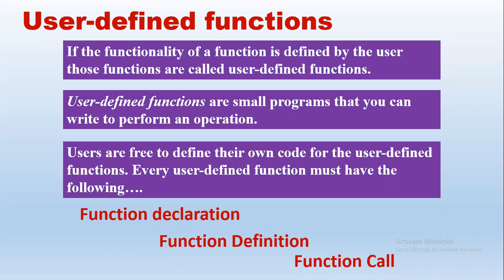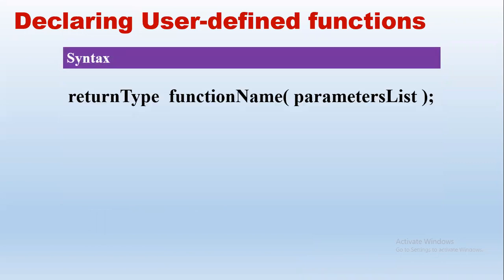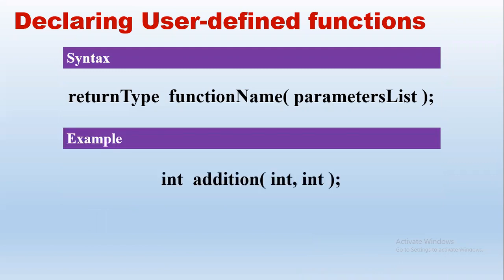Now let us see how to declare, right? So we have seen this syntax in the previous class. So return type, function name, and the parameter list. If we have, for example, addition is the name of the function. Note we can give any name, but this cannot be a keyword. And the rules for naming an identifier apply here also. It cannot start with a number. We cannot have spaces. We cannot have special characters and so on, right? All the rules which apply for naming an identifier apply here also.